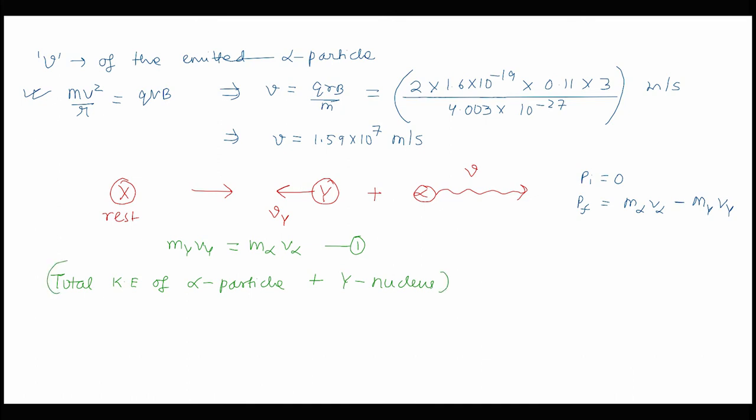So if we calculate the value of total energy, then it can be written as kinetic energy of alpha particle plus kinetic energy of Y. So for this, we are writing it as half mass of alpha particle times velocity of alpha particle squared plus half mass of Y times velocity of Y squared. So over here, using the momentum equation, I can write the velocity of Y in terms of the velocity of alpha particle, and this expression of total